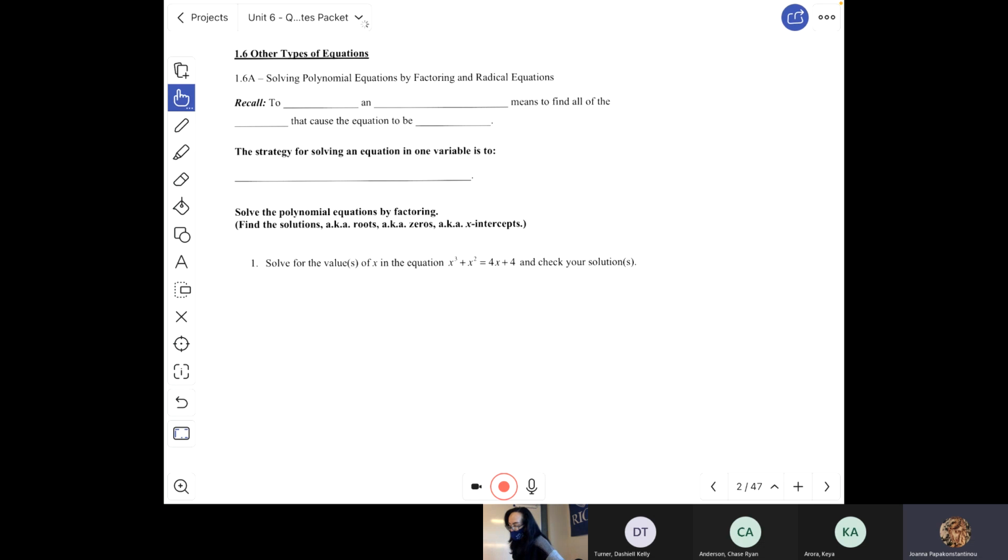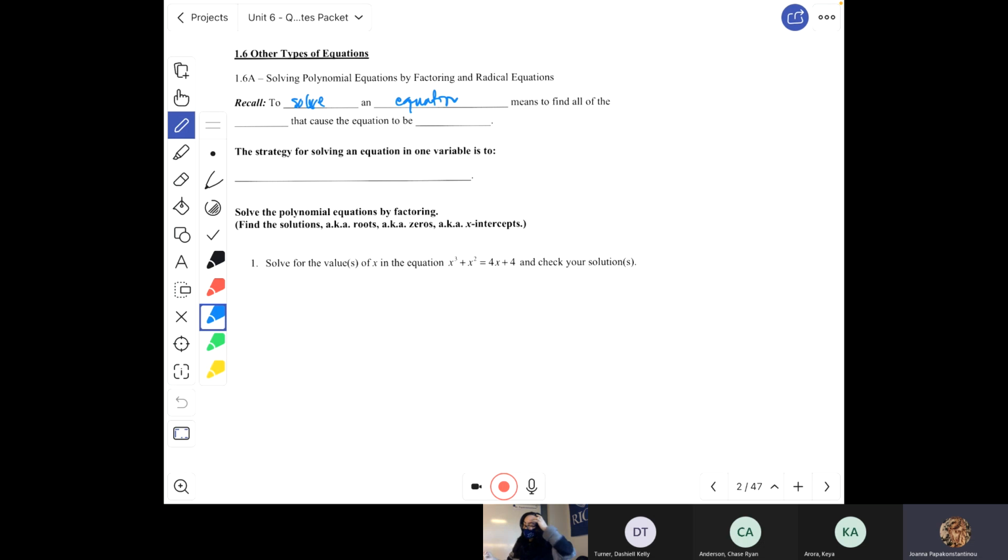So let's go ahead and talk about how we're going to solve other types of equations involving polynomials and radical expressions, those little square root, cube root, etc. So if you recall, if you want to solve an equation,